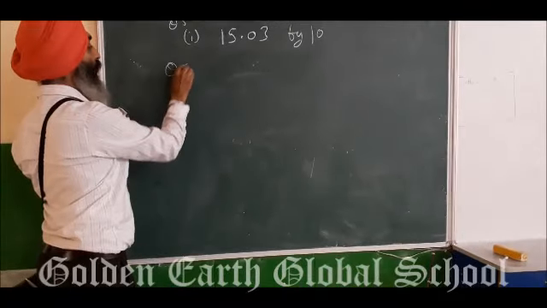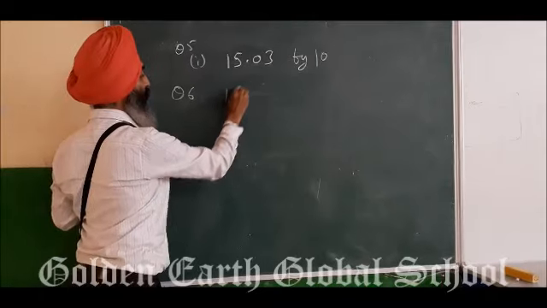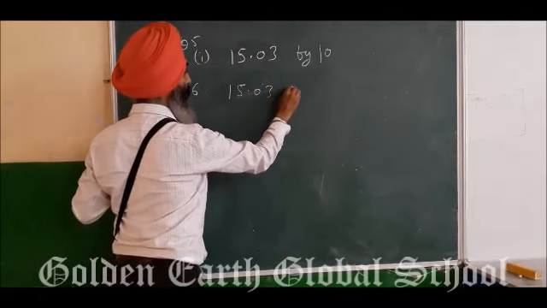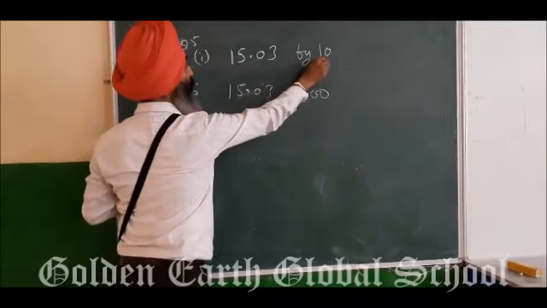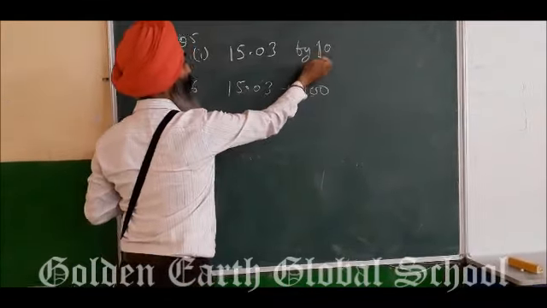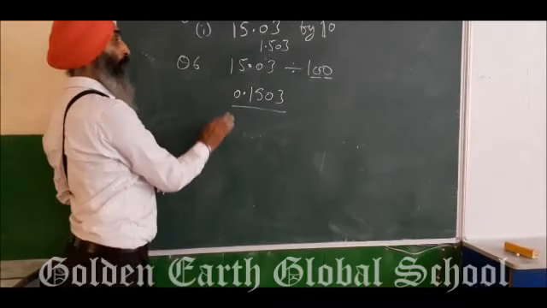Now we have our next question, the sixth question, in which we have to divide by 100. Take it as the same question, divide by 100. Now if you divide by 100, in 10 we shifted one place back and your answer was this one. And if there are 2 zeros, it means we have to shift 2 places back. So 2 places back means 1, 2, and here it is your decimal. So this is your final answer. You can do it directly also.